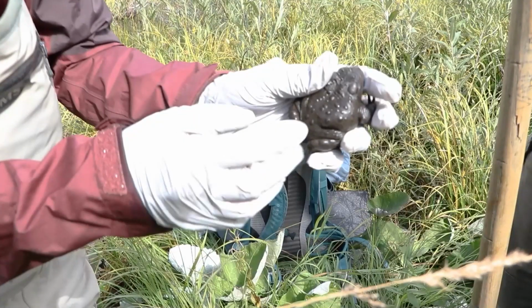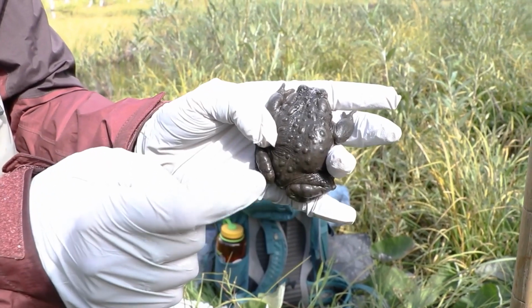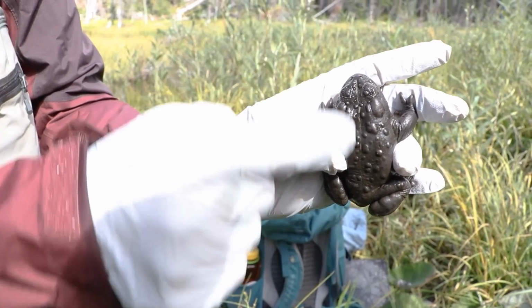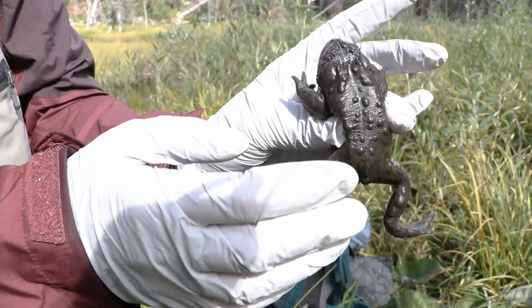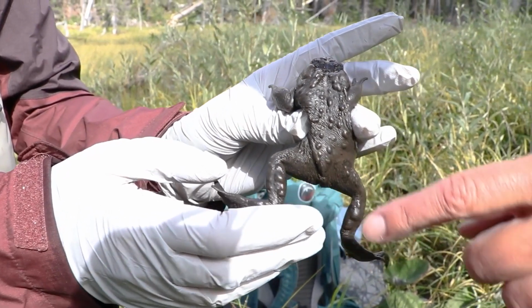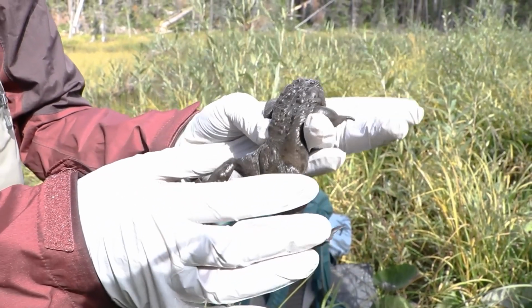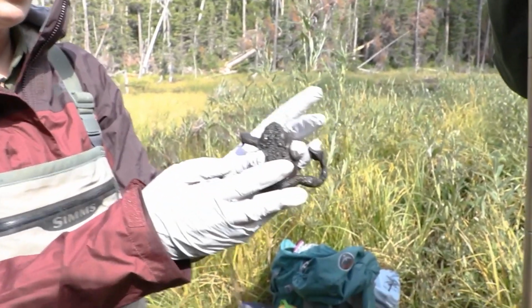The back of the head. I noticed there's like a little white stripe, and that is one of the indicators. Yeah, so this white stripe is one of the indicators of boreal toads. That's how we can tell this species from a lot of other toad species. And this guy, usually it's a lot more pronounced, but this guy's got a pretty light white stripe. It looks healthy,